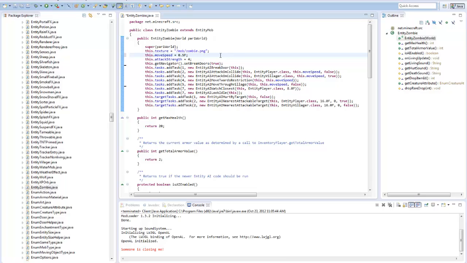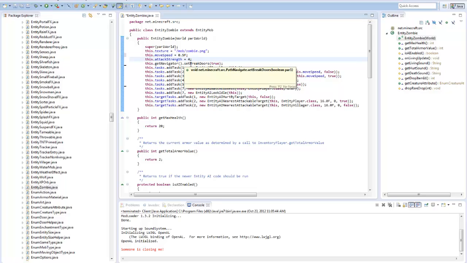And then we're also going to change the attack strength. Make sure to not remove this F or you'll get an error, and make sure not to add an F here or you'll get an error. So this attack strength,